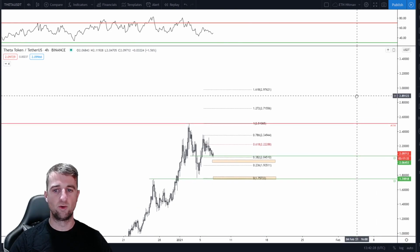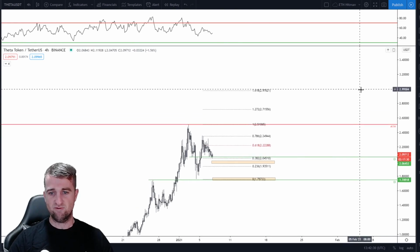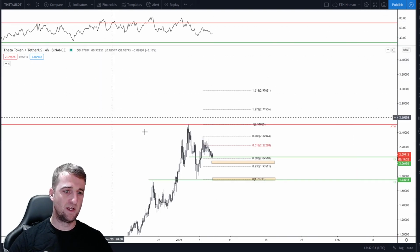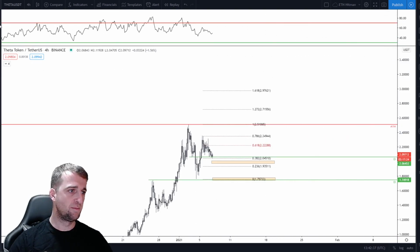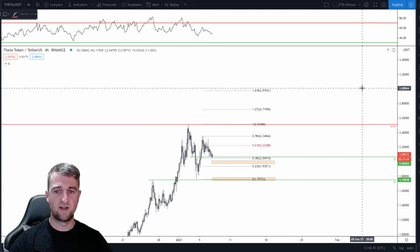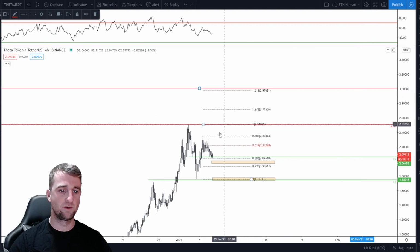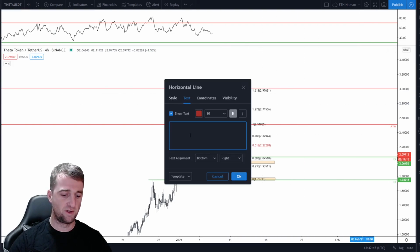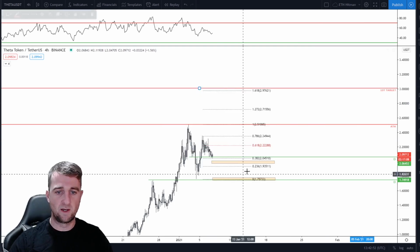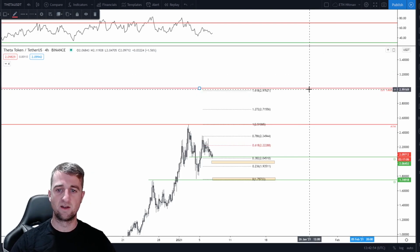But you've got to start looking mainly at the round number. So I think $3 is the next major hurdle. So again, I'll put a line on here. I'll put a horizontal ray and I'll put $3. I think that is the next point when I will do some more analysis, once we do break a daily candle